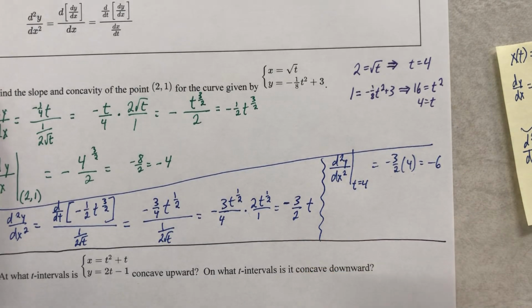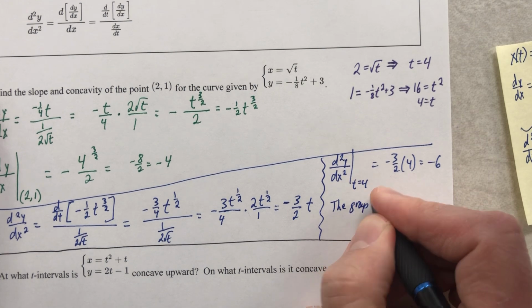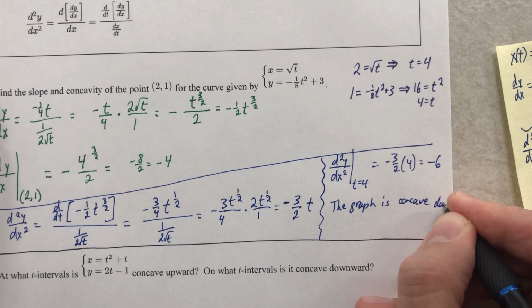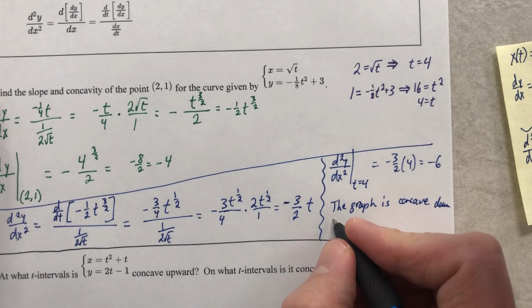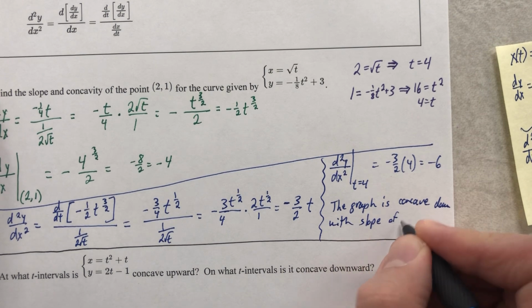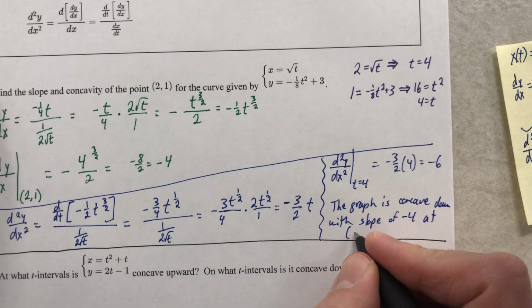And that means, determining the concavity, the graph is concave down. Let's keep going with this explanation. With a slope of negative 4, going back to this thing, at the coordinate 2,